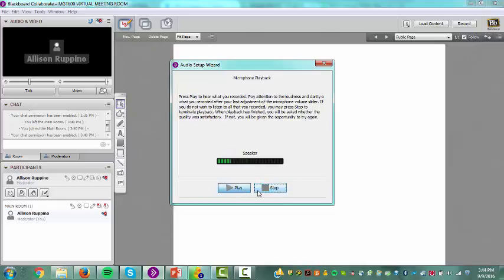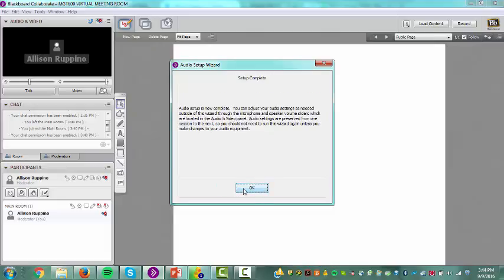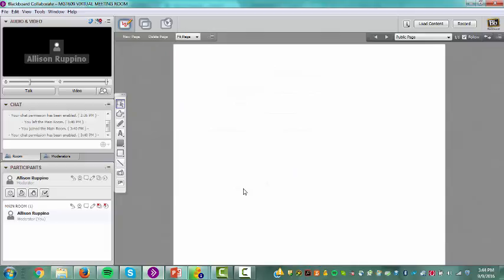Then it's going to ask me to record. And I was able to hear it, so I'm going to select yes, I was able to hear it, and now the setup is complete. So now that either my headset or my computer's audio is configured, I can go ahead and click on the talk button on the left-hand side. And as you can see, there's a blue microphone and now a volume bar that is indicating how high or